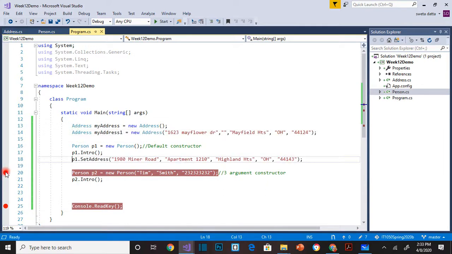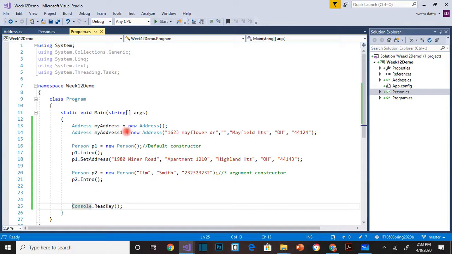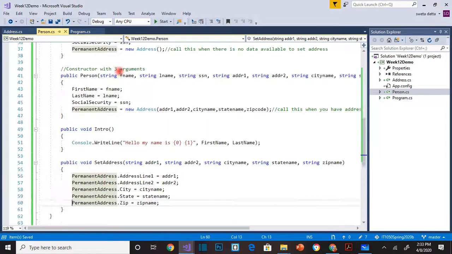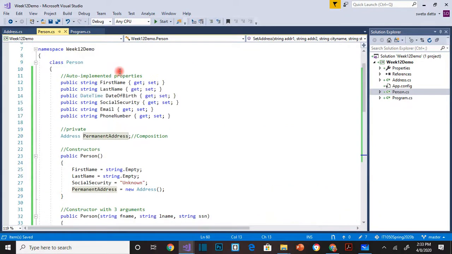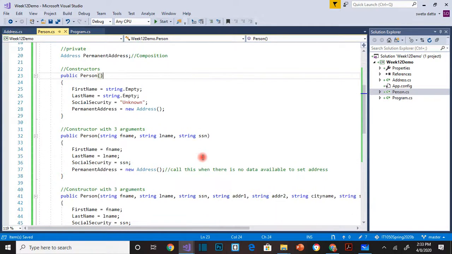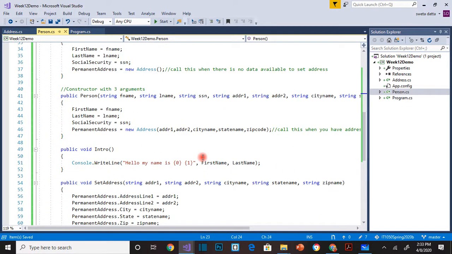So this is one way when your data is complicated, you can use composition to be able to call one object inside the other. The person class calls address class. So when you create a person object, inside the person object, there will be an object that contains the address also. So that is what is called as